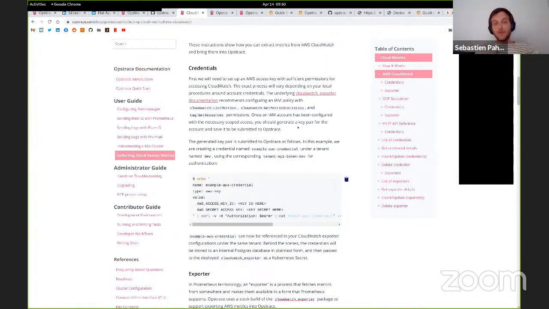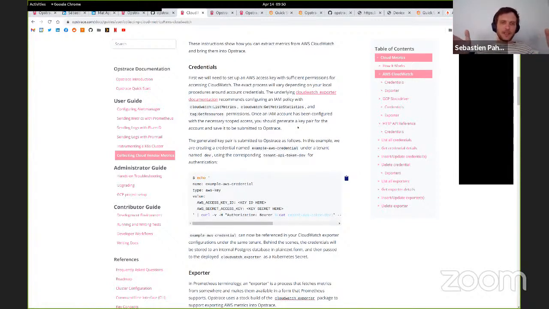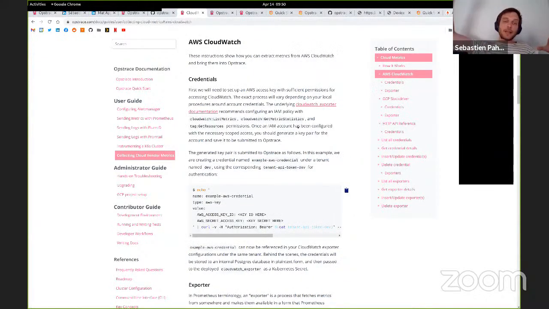So in the tradition of how we've built the system, we've integrated the exporters in a way where we created a multi-tenant API where you can simply, with your token, first submit the AWS and or Google credentials that you're going to need, since you're watching multiple different cloud accounts.